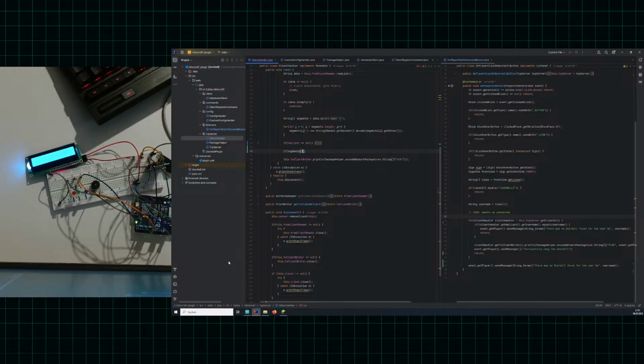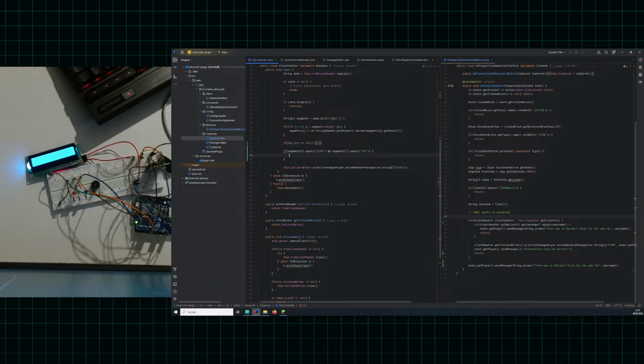If segments 0 equals "ring" and segments 1 equals "acknowledged", then just currently System.out.println "ring". When I get the ring acknowledged signal that I sent from when